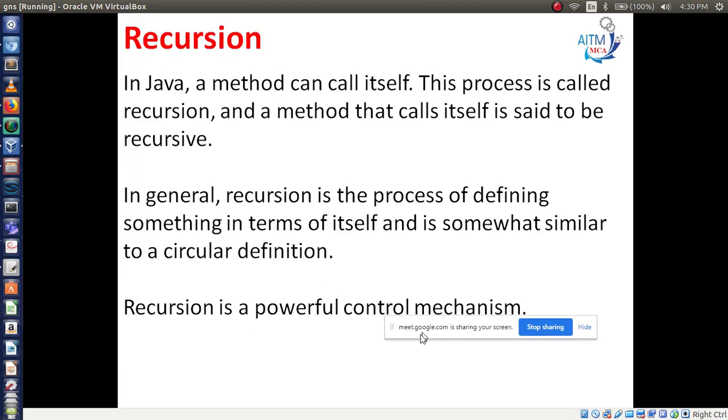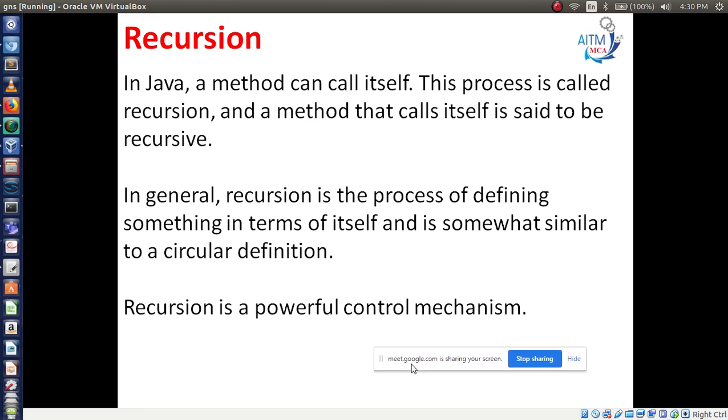Now the other one is the recursion method. It is also a little bit important concept. You are always going to be asked the factorial of a given number. Okay. After finishing this concept, we will come to the end of this class. Recursion: a method can call itself. This process is called recursion, and the method that calls itself is said to be recursive.